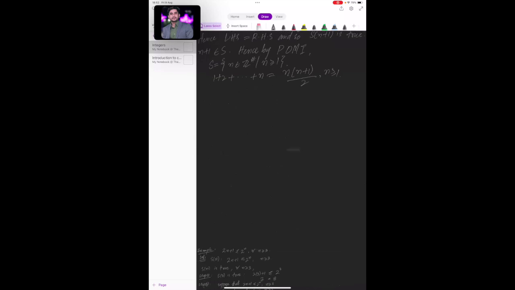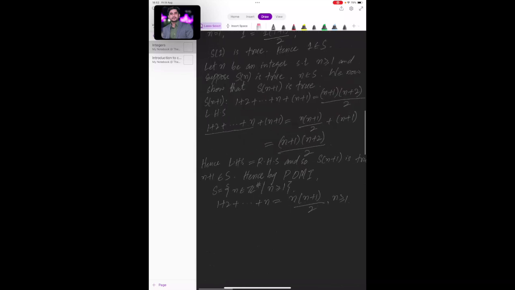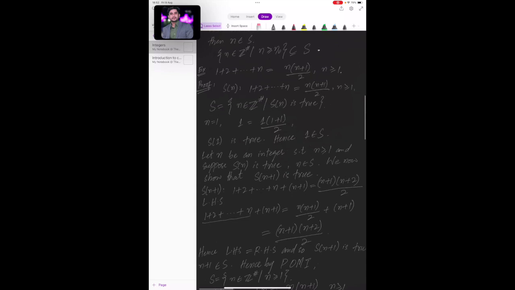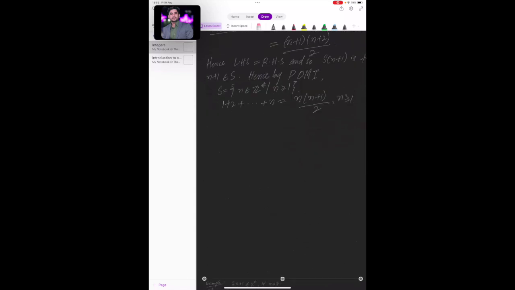Now, to use this principle of mathematical induction, we will write the steps which we need to prove this kind of problem. A proof by mathematical induction consists of 3 steps. Number 1,